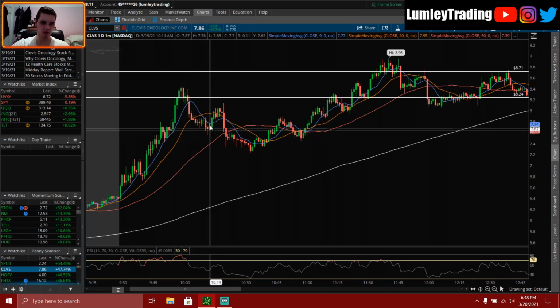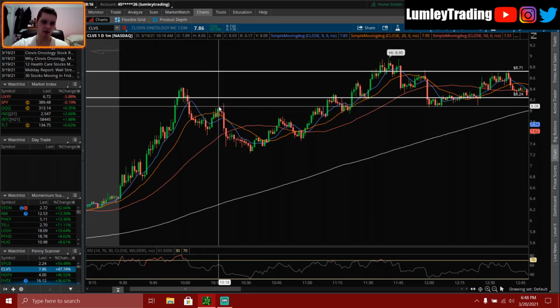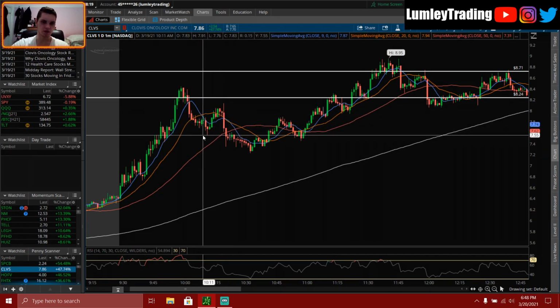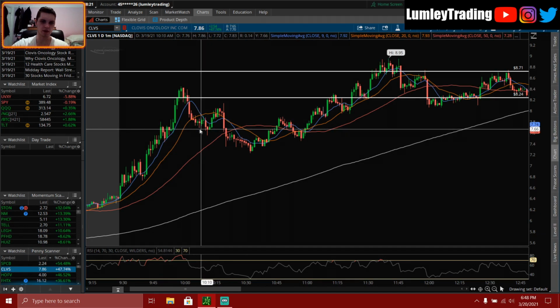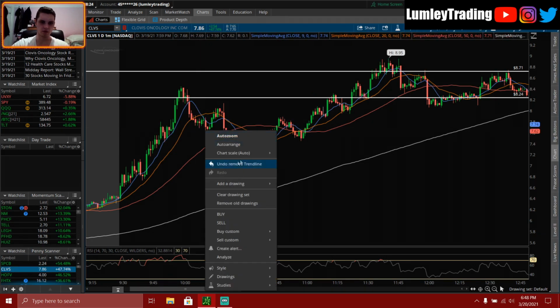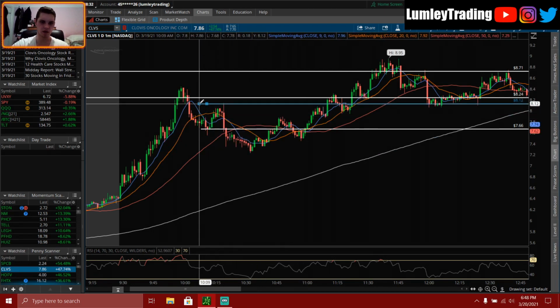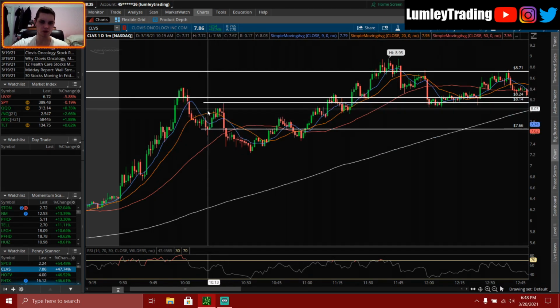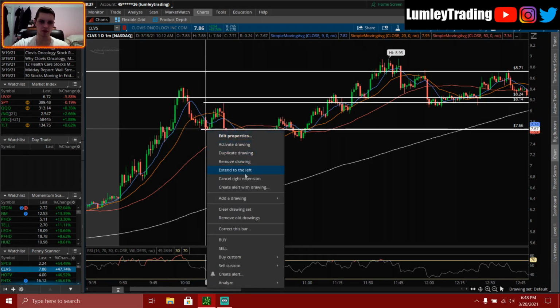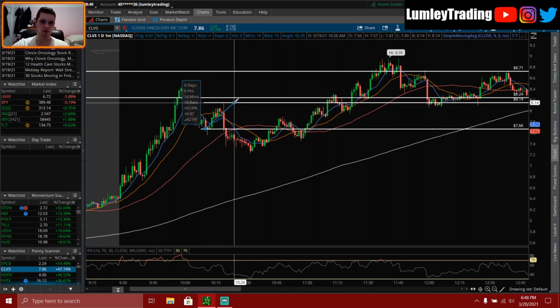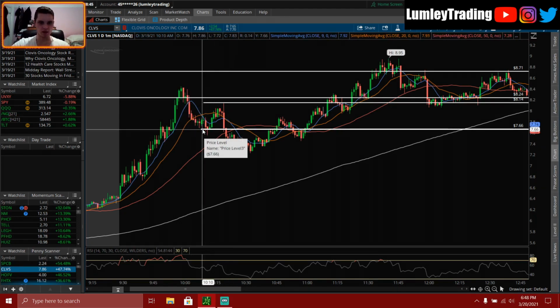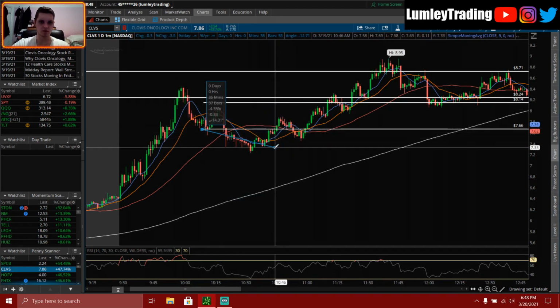So here we got our low and a pullback, a tap into the 20 and a close above the 20, and then a new fade down. So I'll be looking to short coming in at a break of the lowest close, which was here. So I'll be looking to short these stocks coming into this point, and then having a stop at the highest point of the pullback, which was here. So my risk on this kind of trade would be 47 cents,